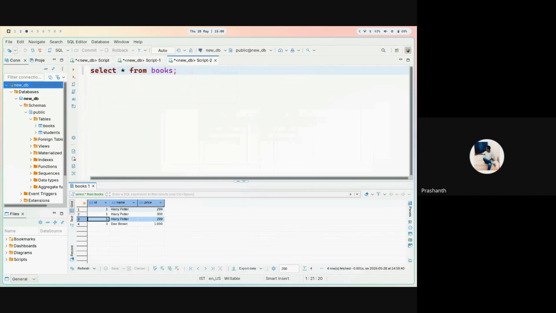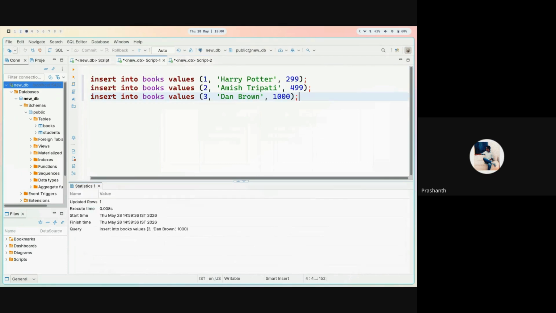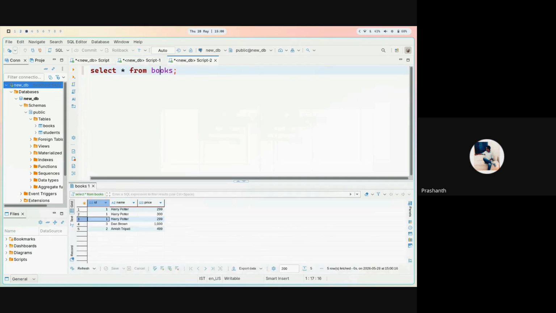Still, no worries. Now it got inserted. Now you can see. So now let's say we only want the book price above 299. Let's not do that. Let's first go to the next step.